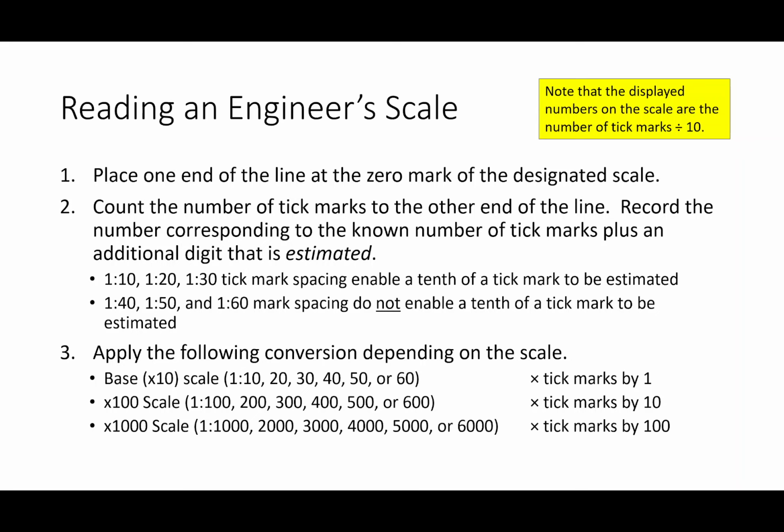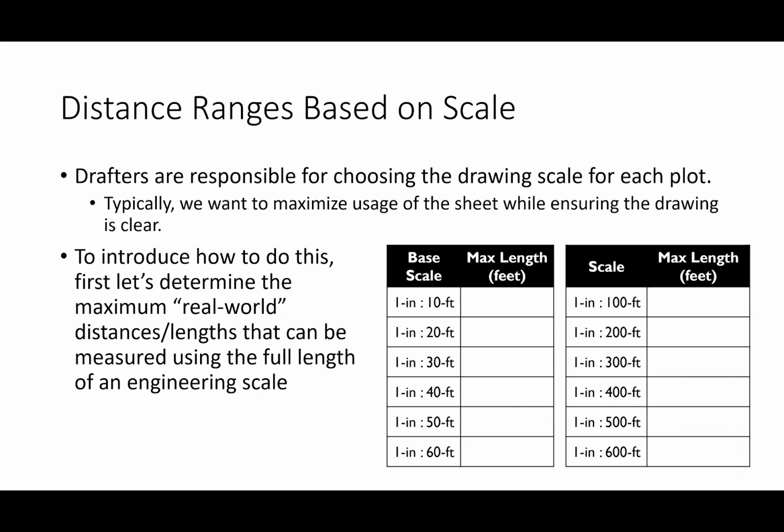Now, you'll typically do that on the 10 scale, the 20 scale, and the 30 scale, but on some of the finer scales, that gets kind of tough. It's hard to estimate one digit past that on the 40, 50, and 60 scale. Don't worry, that's going to make sense in a little bit, because we're going to do a quick example on that. Now, if you ever have a drawing that's printed to a multiple scale, like 1 inch equals 100 feet, 1 inch equals 500 feet, just take the number of tick marks and multiply it by 10. If it's on a 1,000 scale, take the number of tick marks and multiply it by 100. And again, we're going to have a quick practice on this in a second. Okay, is everybody with me so far on the ideas?